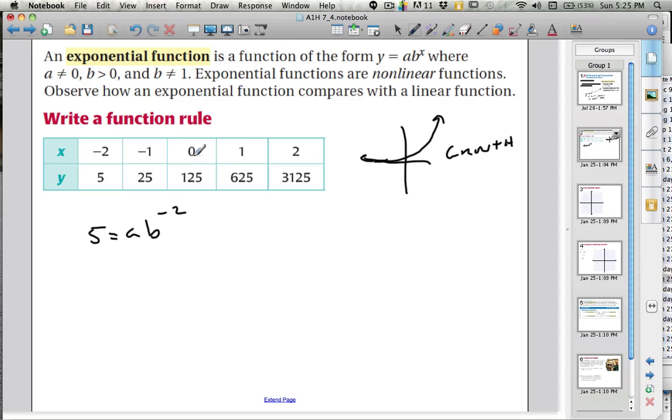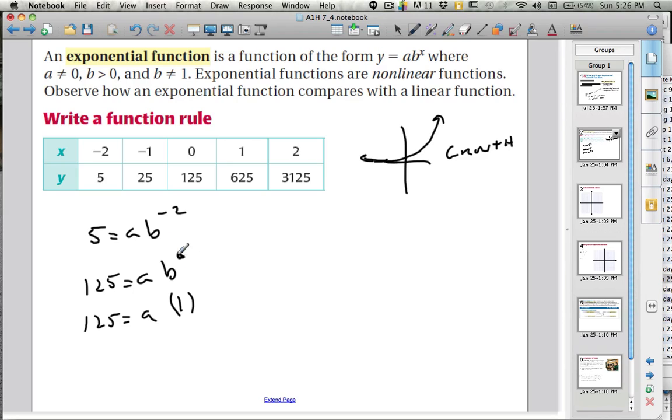And I know that when x was 0, which is a very telling time, that's a very important one to know, y was 125. So 125 is equal to a times b to the 0 power. And I say it's a very telling time because I know b to the 0 power would be equal to 1. So if 125 is equal to a,